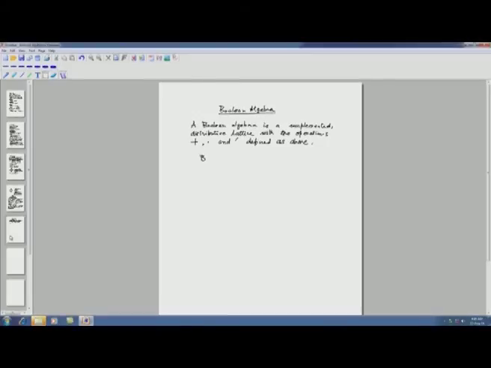So, suppose I have a set B. On this set B we define a partial order. Suppose with respect to that partial order it becomes a lattice,